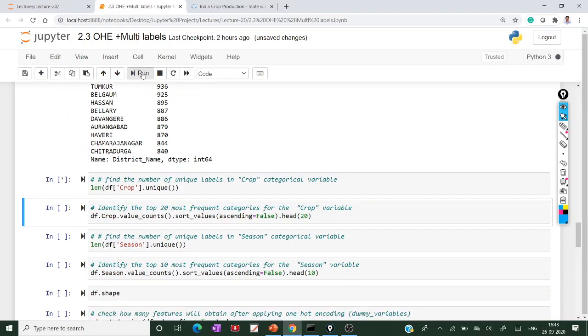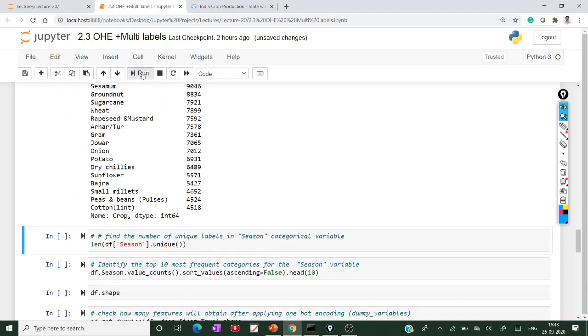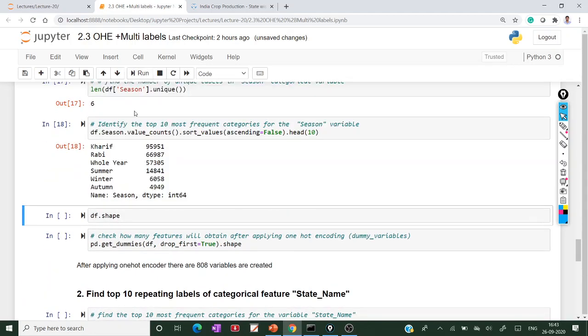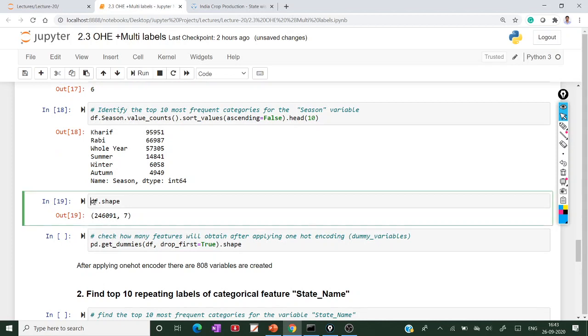This is the length of the crop, and these are the list of crops. For season, there are 6 different seasons. This is my data frame shape: 2,46,091 rows and 7 columns, the original data frame shape.